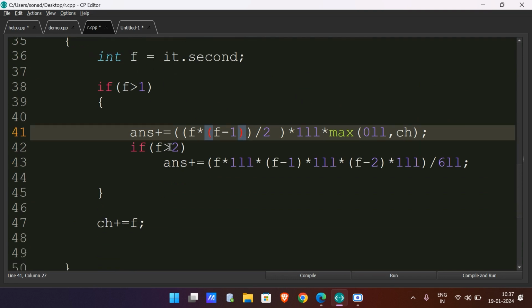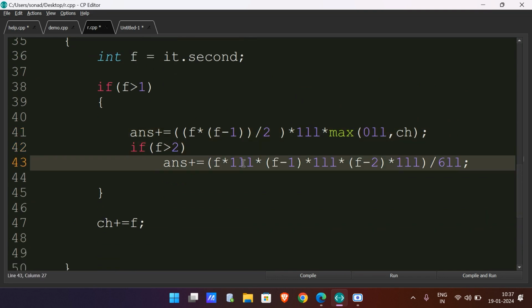And if the frequency is greater than 2, then I can afford to have three same sides. So that is f C 3, that is f into (f minus 1) into (f minus 2) divided by 3 factorial, which is 6. And I have added those to my answer